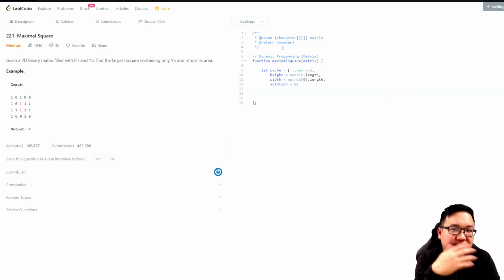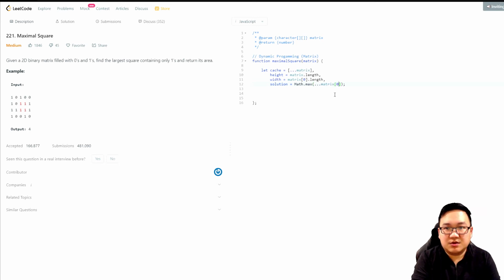We can't actually put it as 0 because there is a case where what if we don't get a matrix that is more than 2 rows, right? What if it's only 1 row? And if it's only 1 row, then we really only need to consider if that row contains a 1, because the maximum square you can have in 1 row is 1, right? So instead of 0, I'm going to make it math.max and spread the